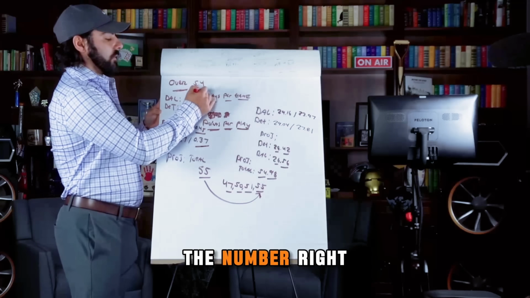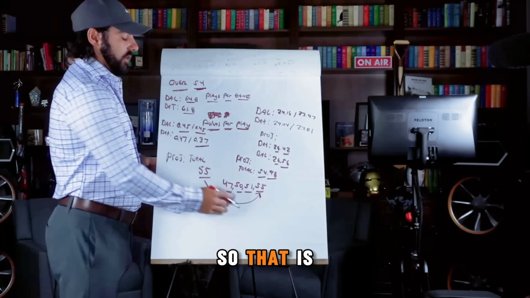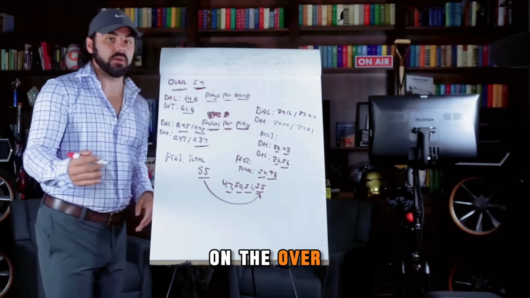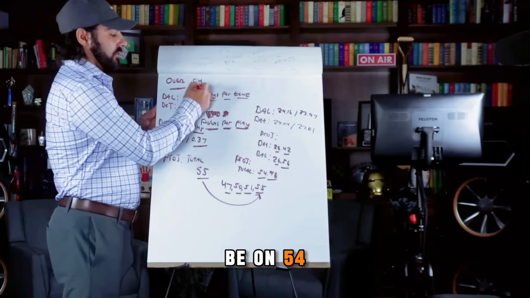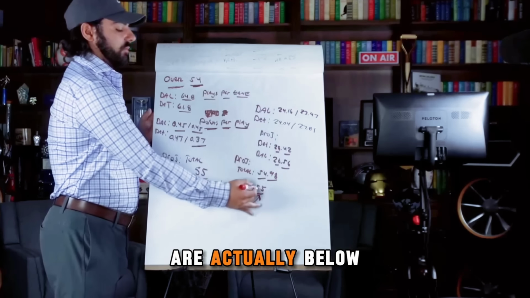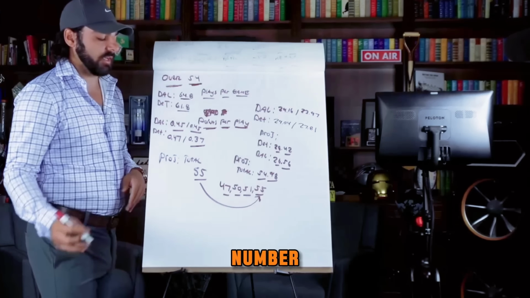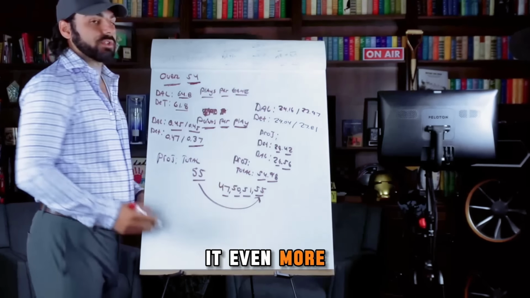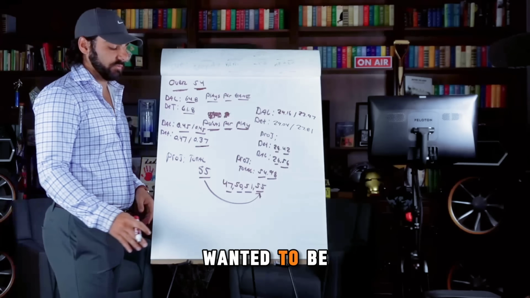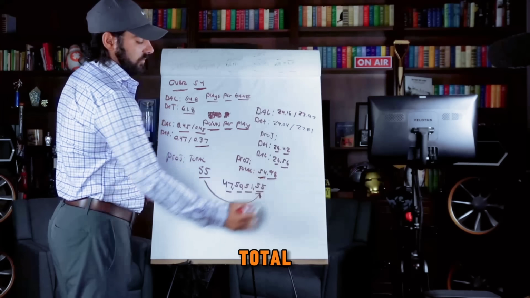All right, the number right now is at 54. So that is where you'd want to be if you were on the over. You'd want to be on 54 here, okay, because you are actually below that one key number. Now to play it even more safe, if you wanted to be under this projected total, way under it,